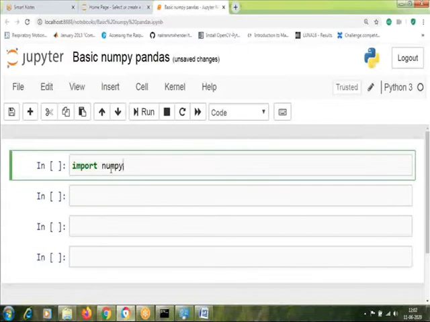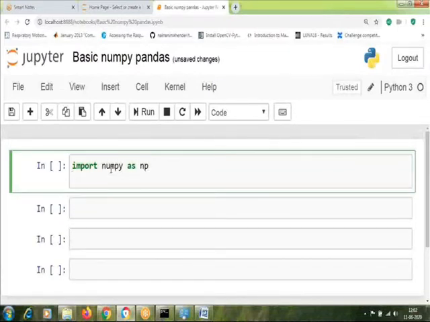If you just type import numpy, then every time you are using NumPy inbuilt functions, you have to type the complete numpy. Instead of that, we are going to give an alias, np. So instead of using numpy each and every time, we are going to use just np. Then we are also going to import pandas, and we will give the alias pd. So for numpy we use np, and for pandas we use pd.